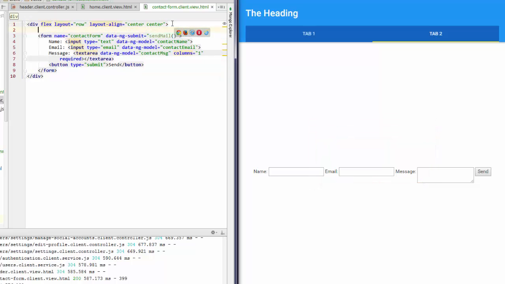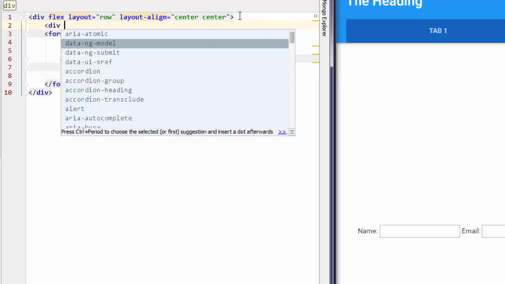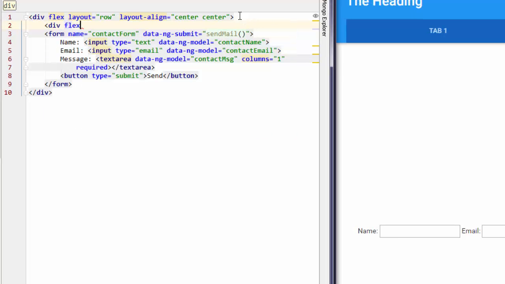Just at the second row, you can go div flex, actually, what I'll do is do it flex small. So when it's small, it's going to take up 100% of the size. When it's flex greater than small, it's going to take up, let's say, 90% of the size. When it's flex greater than medium, get it to take up 70% of the size. And when it's flex greater than large, we'll just make it a bit smaller, so just 50% of the size. And then just add a class.